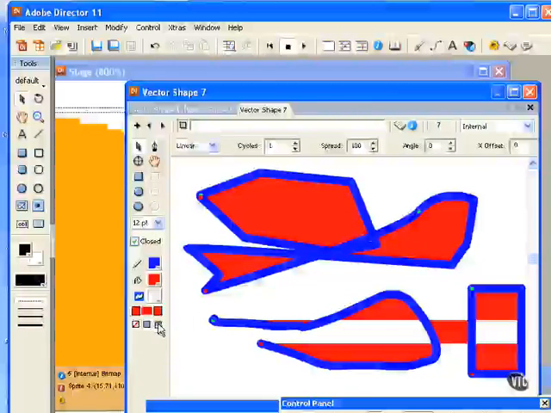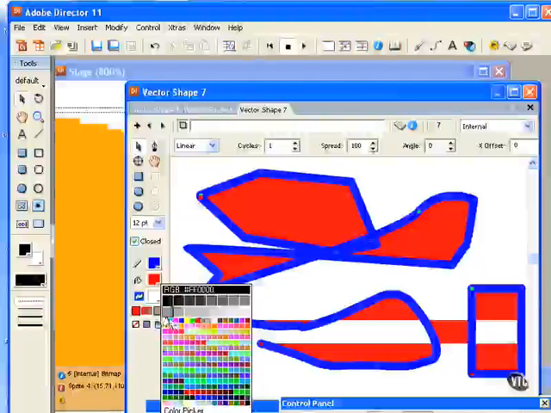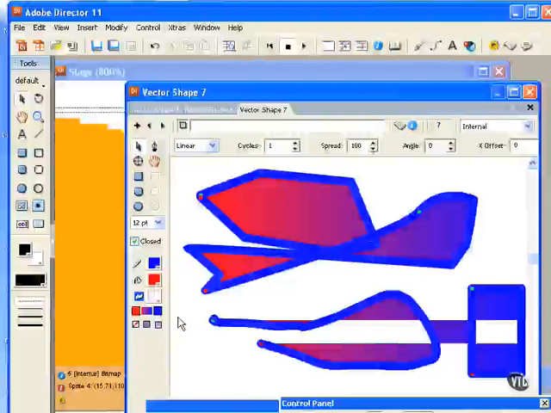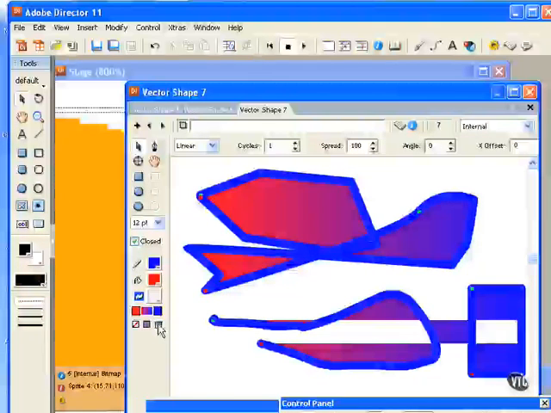The next option here is I can also add a gradient to those objects. Set the gradient colors here at the top. So let's set up a gradient from red to blue, like so. Notice that there's an icon there, a sampling of the gradient that you'll create. So down here, set your fill options, no fill, solid color, or gradient,